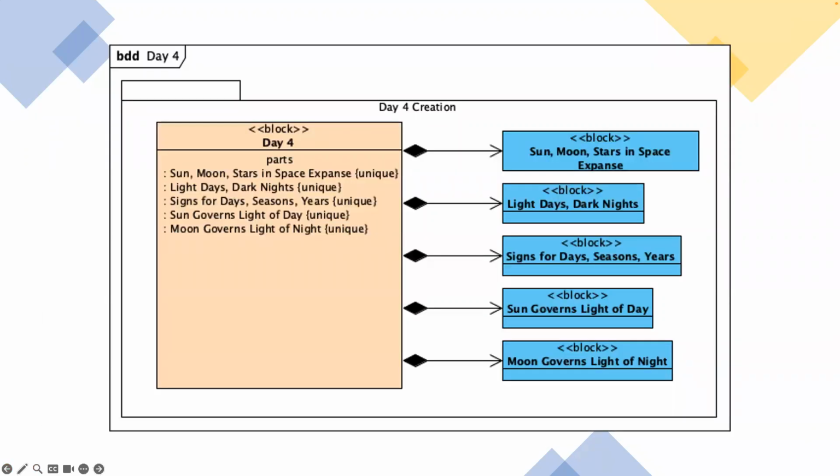So day four focuses on the space expanse. So we have the Earth expanse and then the space expanse. Day four focuses on the space expanse. And first, the sun, moon, and stars are placed within the space expanse. Second, the properties of the electromagnetic radiation matter